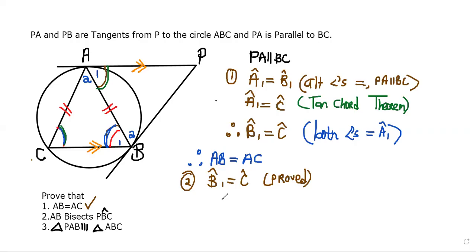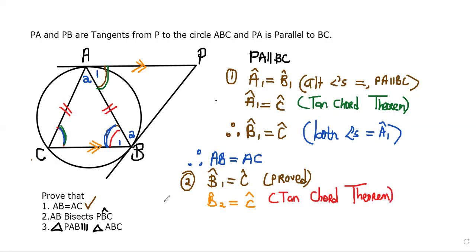And then I'm going to say angle B2 is equal to C. So I'm going to come and say angle B2 is equal to angle C. The reason I'm saying B2 is equal to angle C is the tan-chord theorem. So we all know that the rule says, which is theorem number 7, it says that the